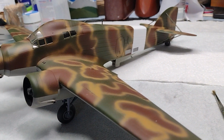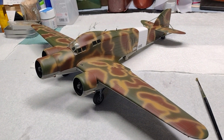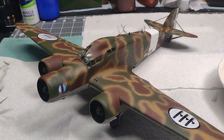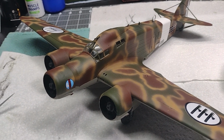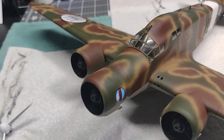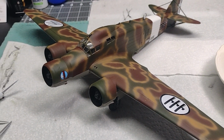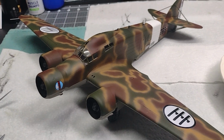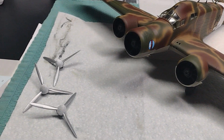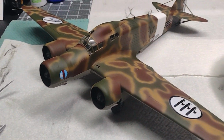And of course the decals, that's coming next. And so this is my final day on the Sparviero Sparrowhawk by Trumpeter in 1/48 scale, and I have the propellers to put on,